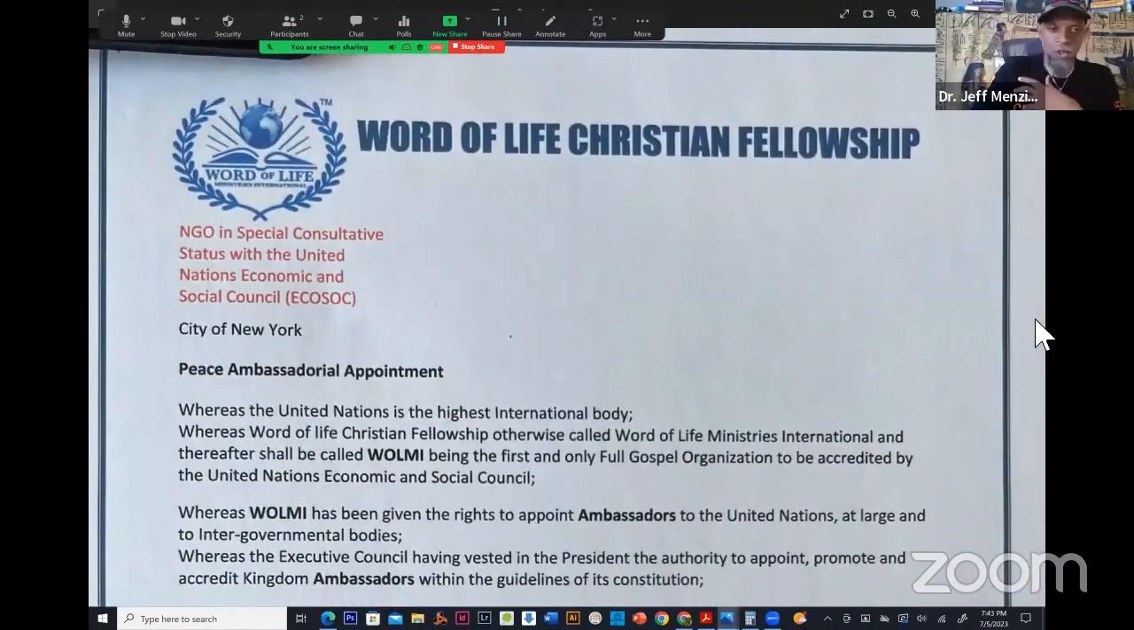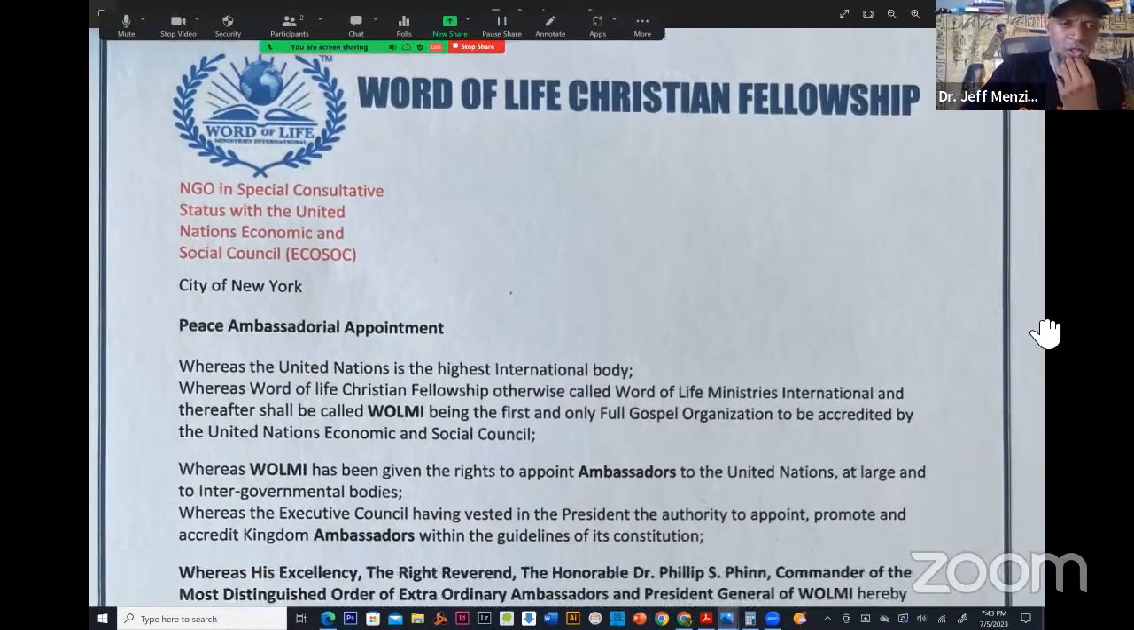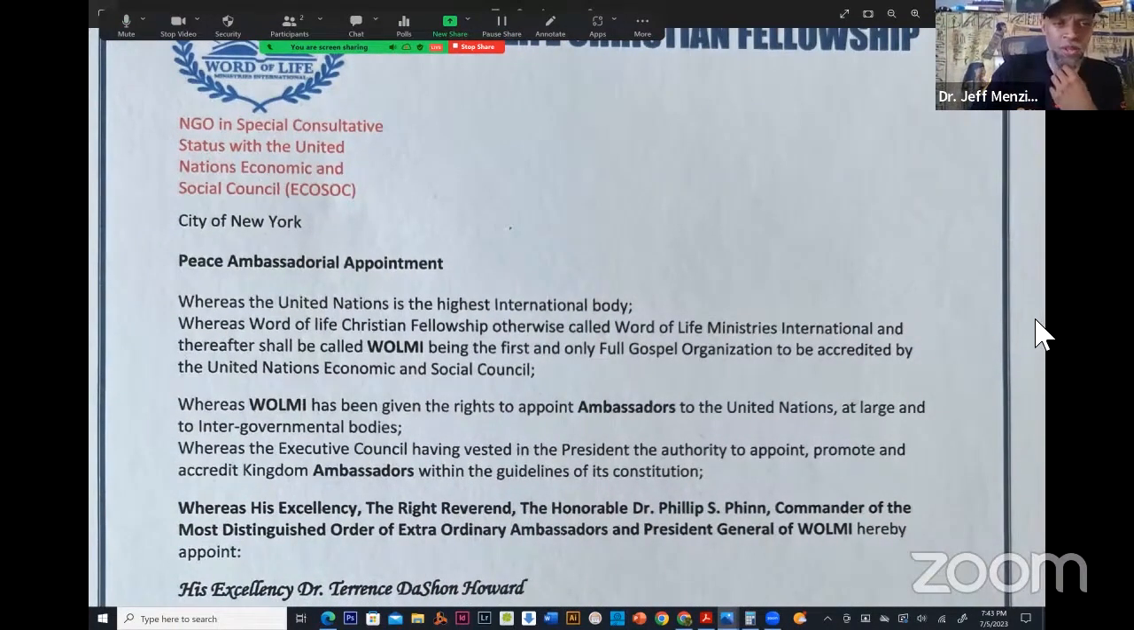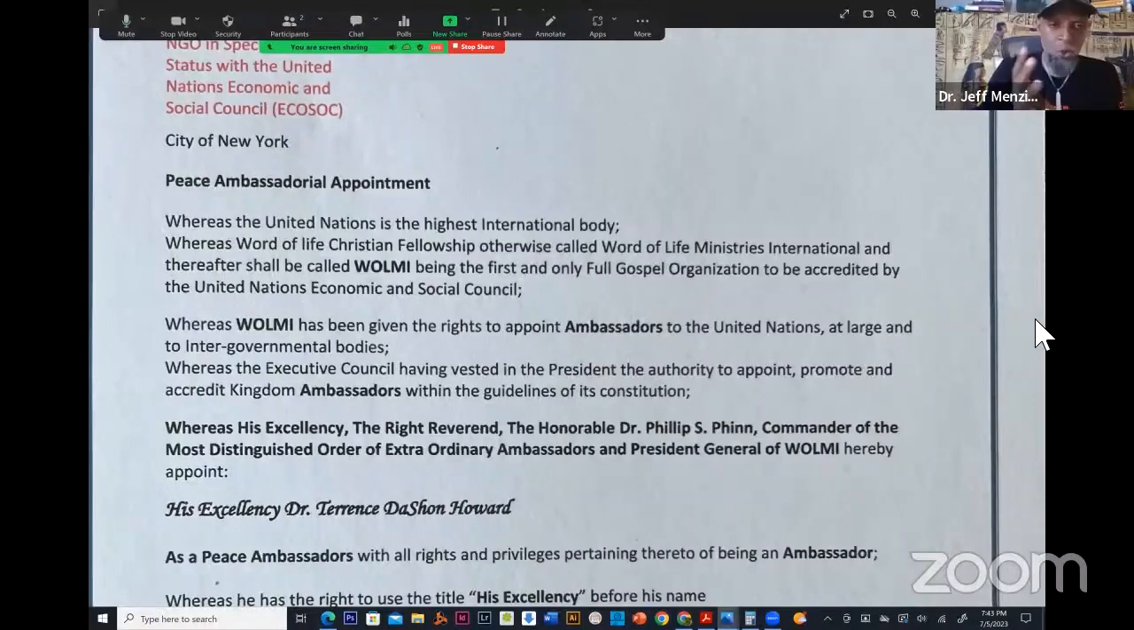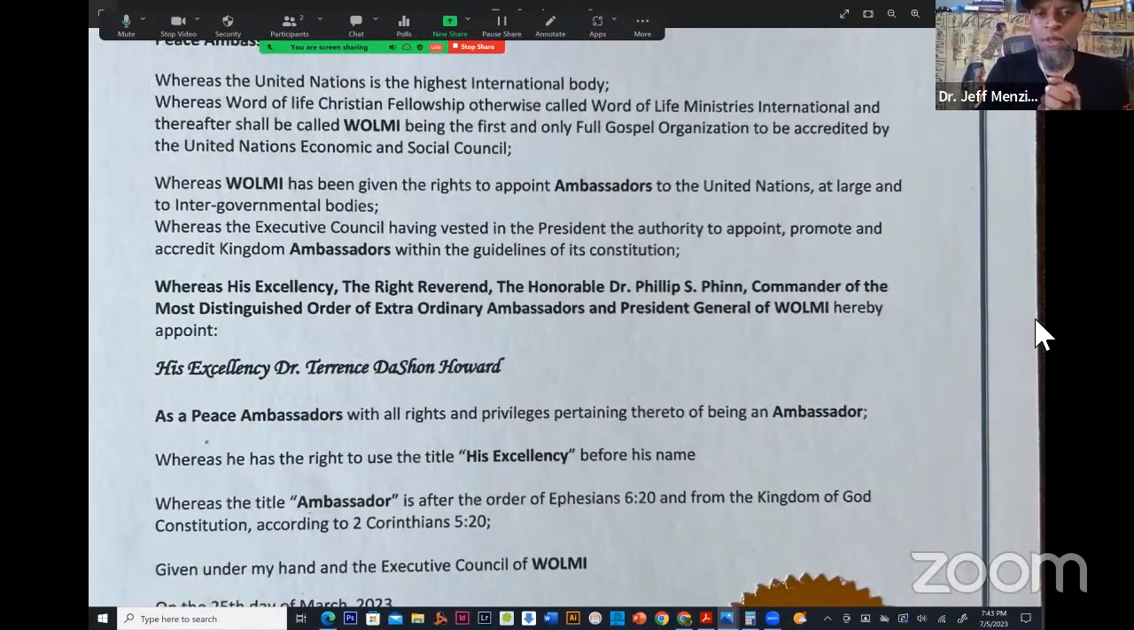Okay, so this is a Word of Life Christian Fellowship, NGO, non-government organization, in special consultative status with the United Nations Economic and Social Council, also known as ECOSOC. It says, City of New York, Peace Ambassadorial Appointment. Whereas the United Nations is the highest international body, whereas Word of Life Christian Fellowship, otherwise called Word of Life Ministries International, and thereafter shall be called WOLMI, being the first and only full gospel organization to be accredited by the United Nations Economic and Social Council, whereas WOLMI has been given the rights to appoint ambassadors to the United Nations at large and to intergovernmental bodies,